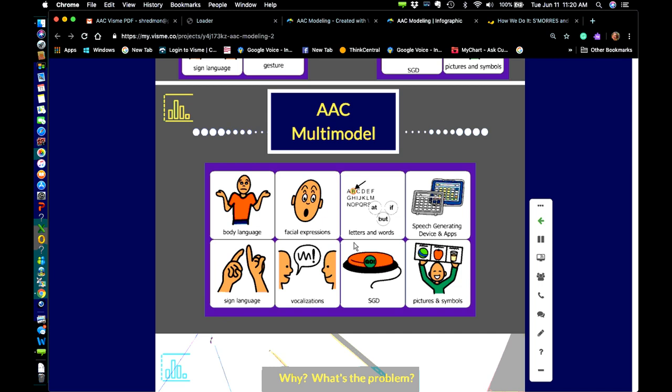I think that's a really important piece that we need to remember, with using and honoring this multimodal way of communicating, and why it's so important. I'm sure we've all been there at the snack table, or our kiddo needs to use the restroom, right? These seem to be the two most important areas that people end up starting with. I don't believe that it is the most important area. I think that there are others, and hopefully we'll learn about those, and you'll take some of those away today.